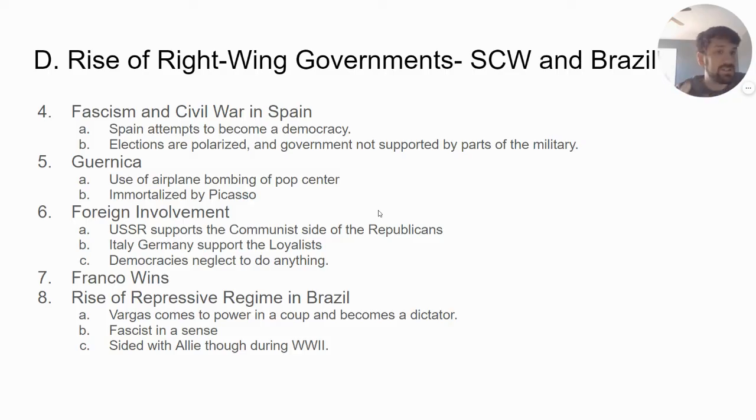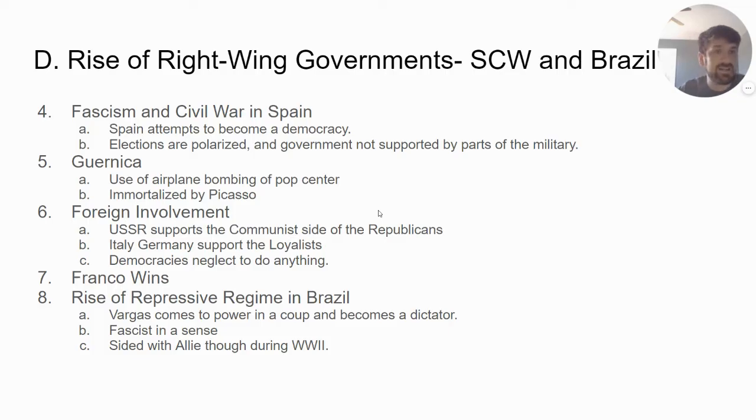And the Spanish Civil War is essentially between the legitimately elected government of Spain, these are the Republicans, and a military group, a group of the army led by Francisco Franco, who call themselves the Royalists. But they're essentially fascists because they're reactionary, they're conservative, they also call themselves royalists because they want to put the king back on the throne. But when the royalists end up winning the Spanish Civil War, it's not the king who gets put back on the throne, it's Franco who becomes the leader of Spain.